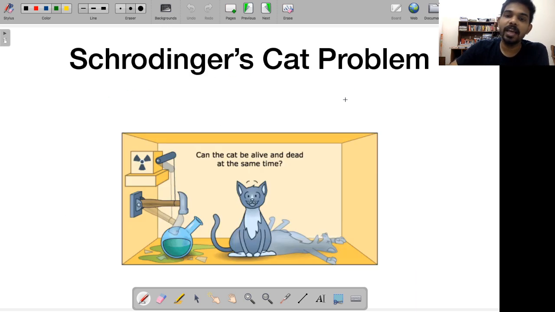It's actually in a state of both dead and alive. Until and unless I open the box, I cannot prove either way. So before I open the box, the cat is both dead and alive at the same time. The poison glass vial is broken and not broken at the same time. So you can ask me this question: how can something be in two different states at the same time? How can the cat be both dead and alive?